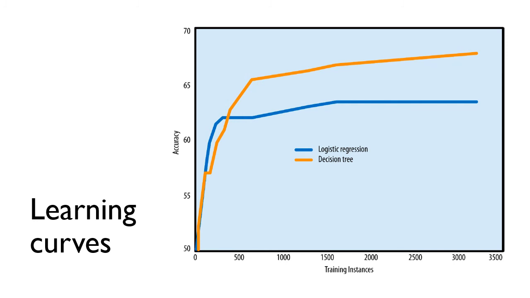Logistic regression has less flexibility, which allows it to overfit less with small data, but keeps it from modeling the full complexity of the data. Tree induction is much more flexible, leading it to overfit more with small data, but to model more complex regularities with larger training sets. The learning curve may also show when generalization performance has leveled off, so investing in more training data is probably not worthwhile. Alternatively, the learning curve might show generalization accuracy continuing to improve, so obtaining more training data could be a good investment.